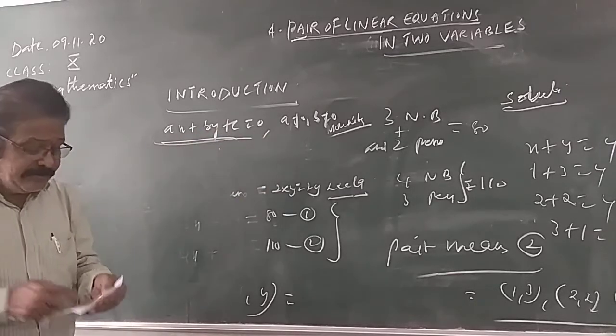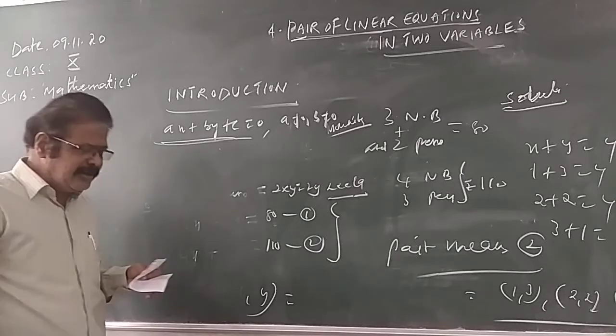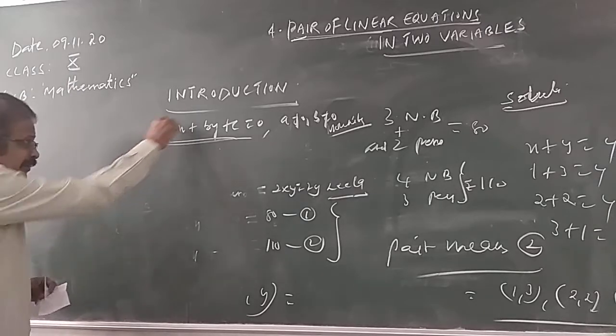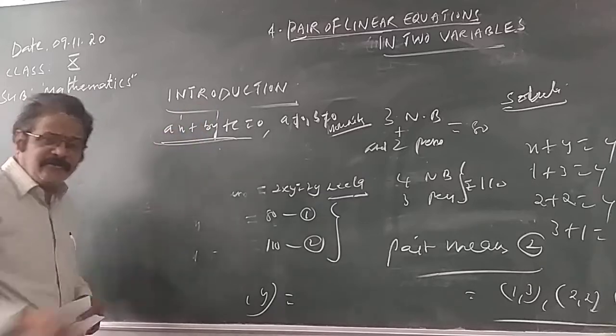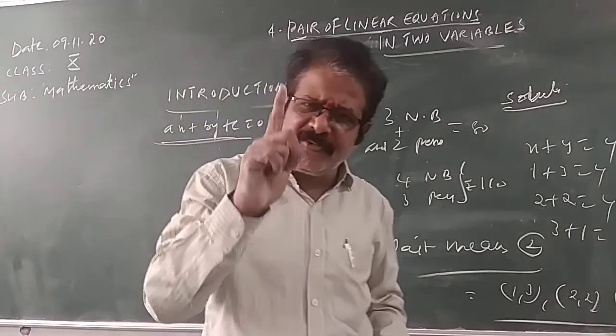A is not equal to 0. B is not equal to 0. So, we can just review which of the following equations is not linear. Tell me. Is it linear or not? Linear. Why is it linear? The power is only 1. The highest power is 1, the degree of the polynomial is 1, so it is linear.